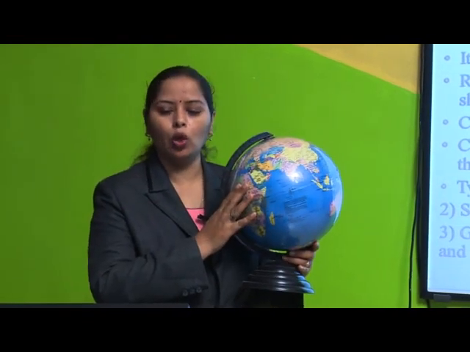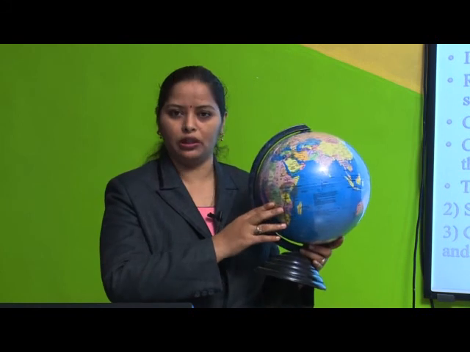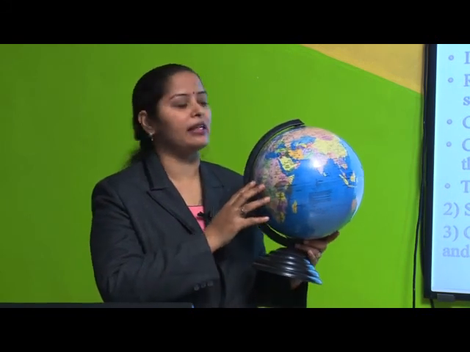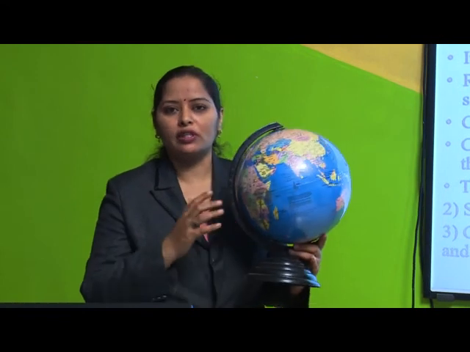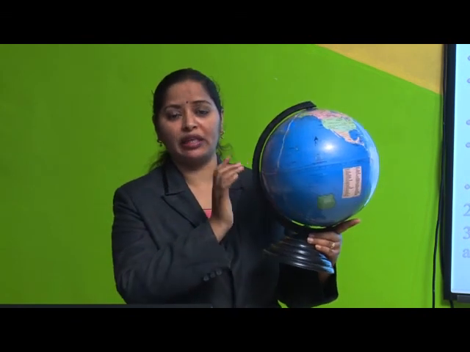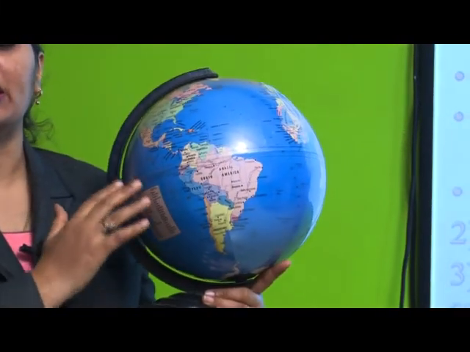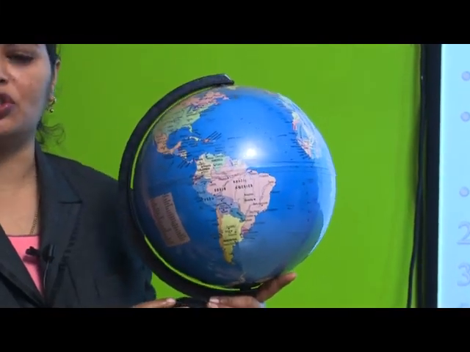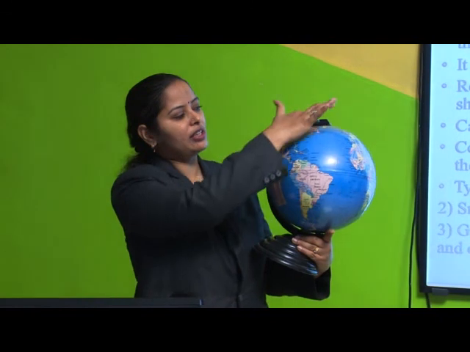So this globe is a true model of the earth. It tells us the exact shape of the earth. Earth we cannot see. So this globe helps us to know the exact shape of the earth. So to know more about the earth, we can refer to this globe, and it is a 3-dimensional model of the earth, and this represents earth in its true original spherical shape, and it can be rotated. See children, it can be rotated on a fixed axis.